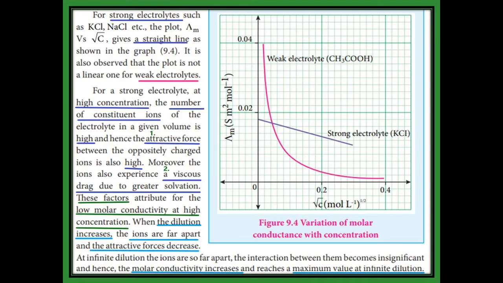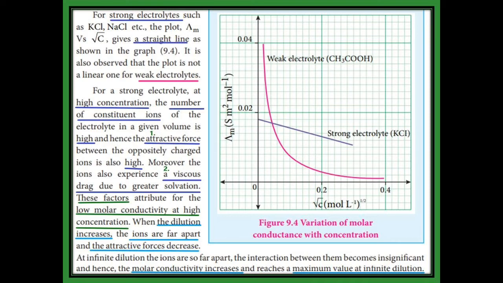Now dilution. Dilution means we slowly add water, so the concentration decreases. Because of this decrease, the ions move apart. There is some gap between the ions, so the attractive force decreases. If you add more water, that is infinite dilution, the distance between the ions increases, so that the interaction between the ions is